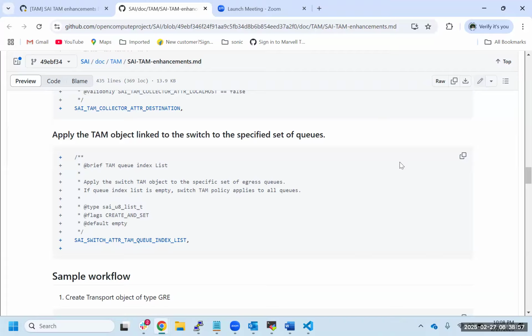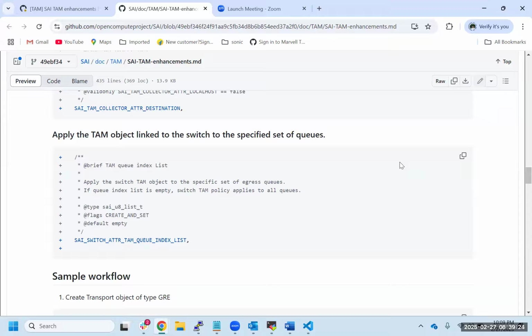We can have a binding of objects for which the TAM object is operating, meaning that you can create a list of objects within the TAM as well. There are two ways we operate: either bind the TAM to an object or bind the object to a TAM. And whenever you have a queue object binding, you specify the list of queues there instead.